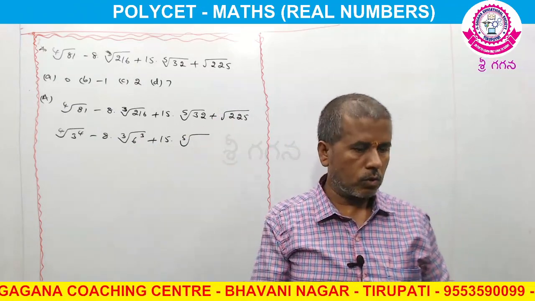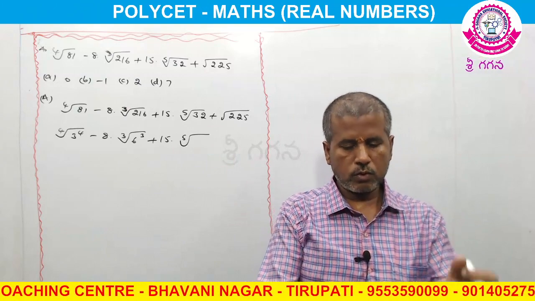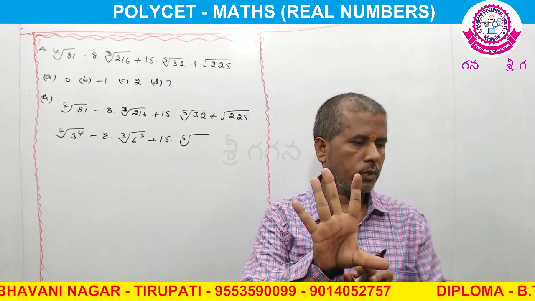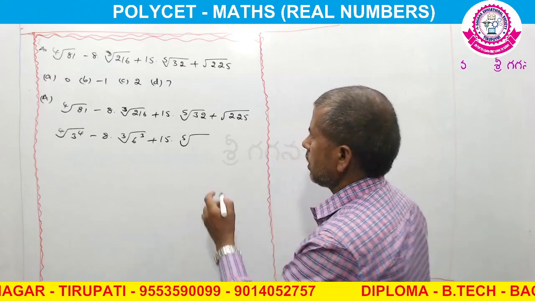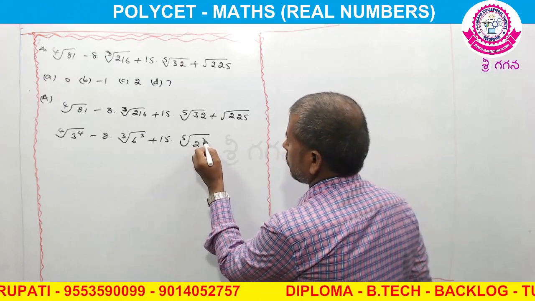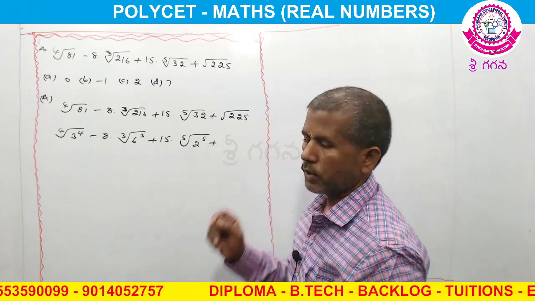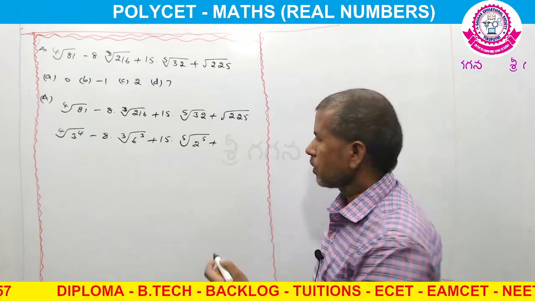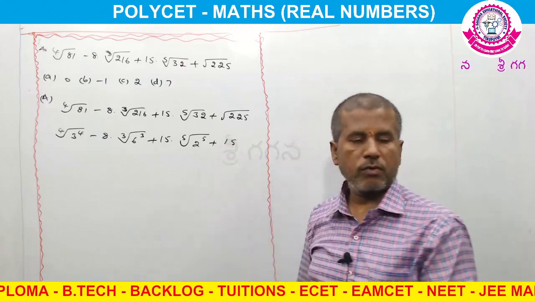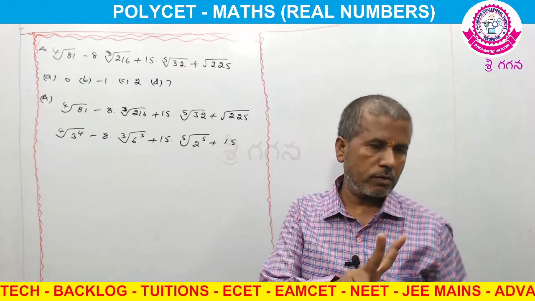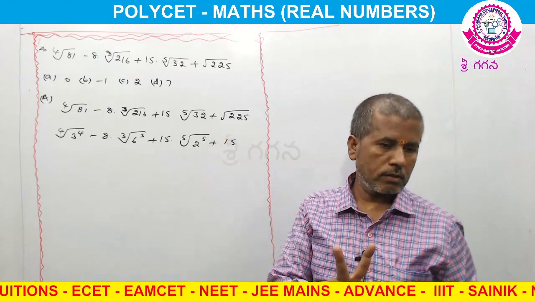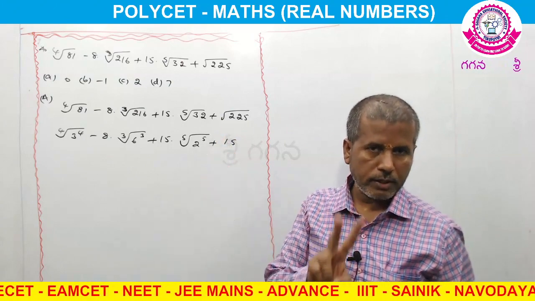First of all, starting with 2. 2 2s are 4, 4 2s are 8, 8 2s are 16, 16 2s are 32. So 32 is the value of 2 power 5. Plus the root of 225. We already know the root of 225 is 15. 15 into 15 is 225. Root means any 2 numbers, the product of any 2 numbers.